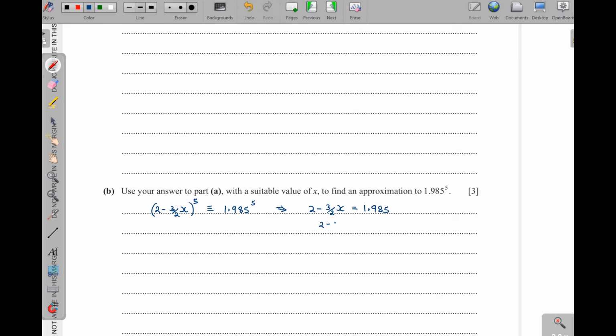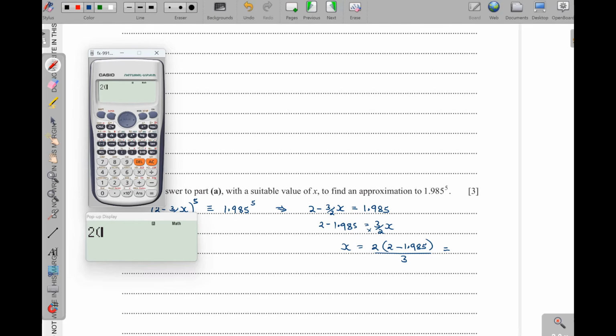So 2 minus 1.985, this one will be equal to 3 over 2 of x, and therefore x will be, when you cross multiply, that will be 2 times 2 minus 1.985, then after that we divide by 3. What do we get here? 2 into 2 minus 1.985, then we divide by 3. We get a